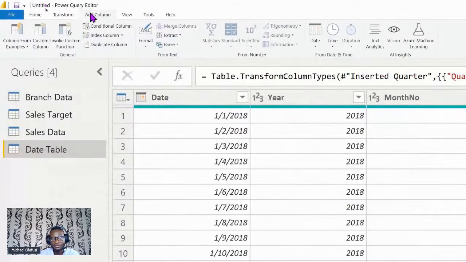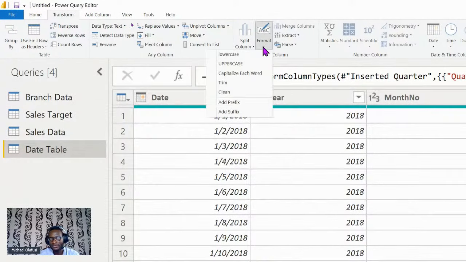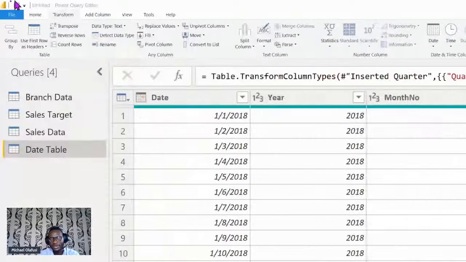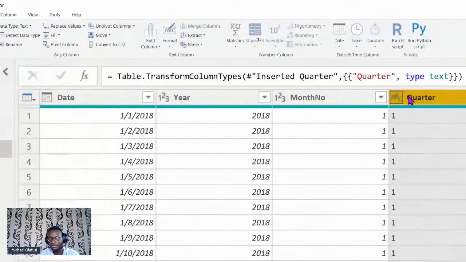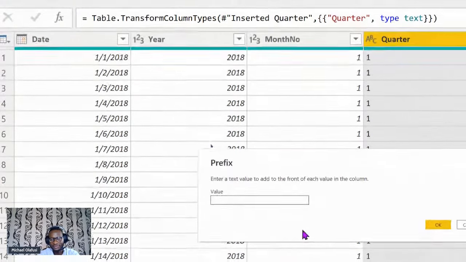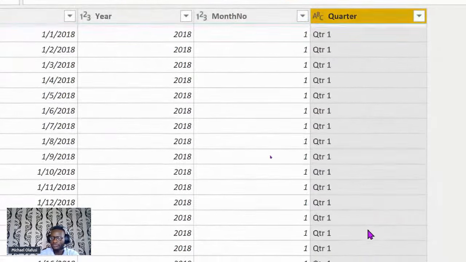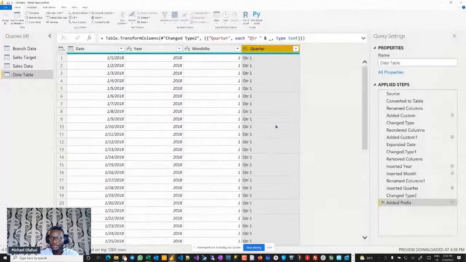So what I'm going to do, instead of add new column, I go to transform. Make sure that this is happening right on top of the data itself. So that's why I won't be in the add column. It will be transform. So it transforms this very column. So I go back here, I say add prefix quarter space, and this is done, right?